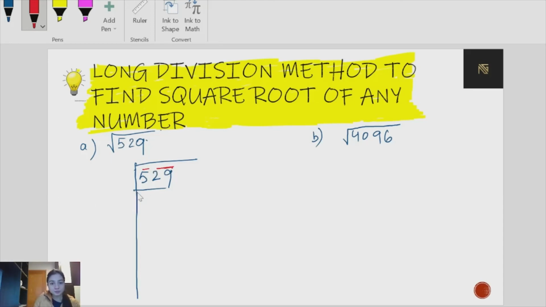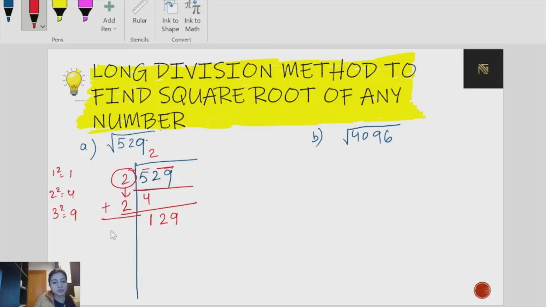So now find the square of any number which is lesser than or equal to 5. So square of 1 will be 1, square of 2 will be 4, and square of 3 will be 9. So from here we can take square of 2 which is lesser than 5. So 2 times 2 is 4, 5 minus 4 will be 1. 29, since we made the pair, we have to bring it together. So 29 I am writing here. Whatever you have written here, just copy it here now and add it.